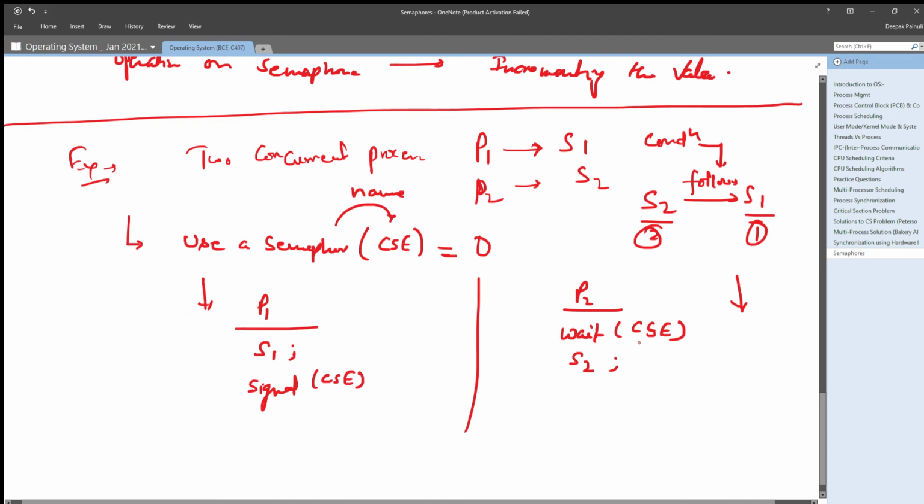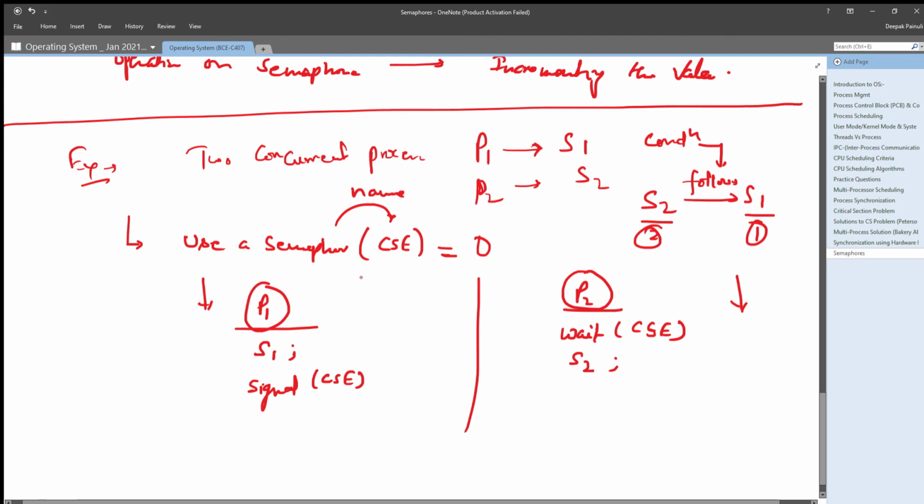Now check, both processes want to execute their instructions, and what we want is that the concurrent processes P1 and P2 execute their transactions such that S1 will execute first and S2 will execute second.